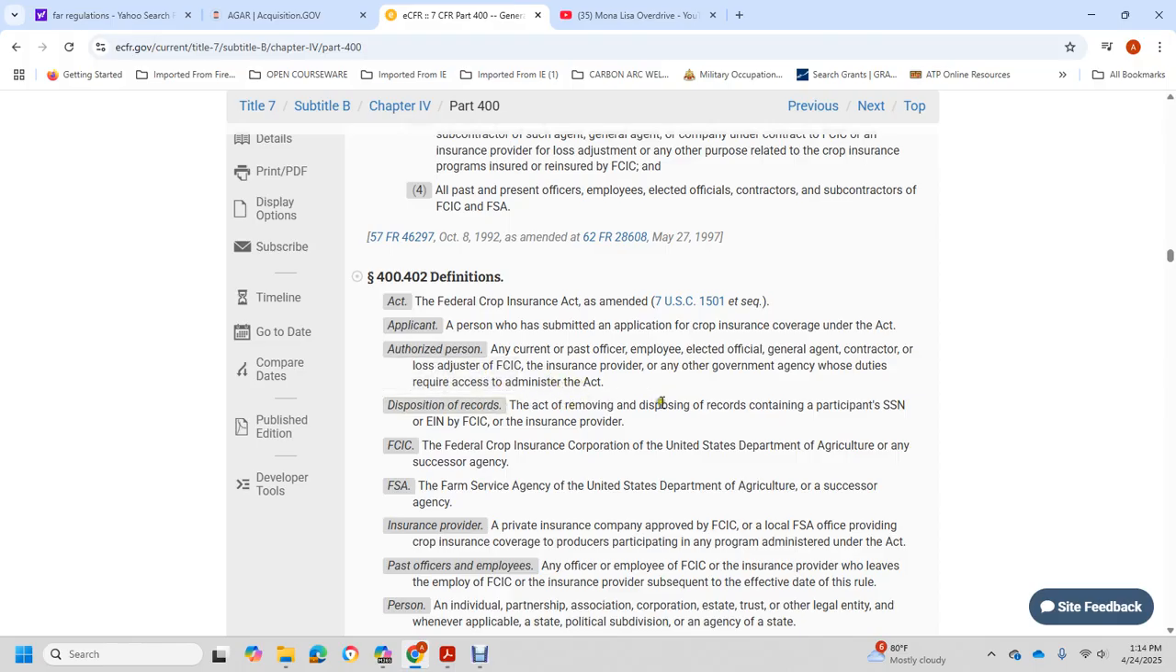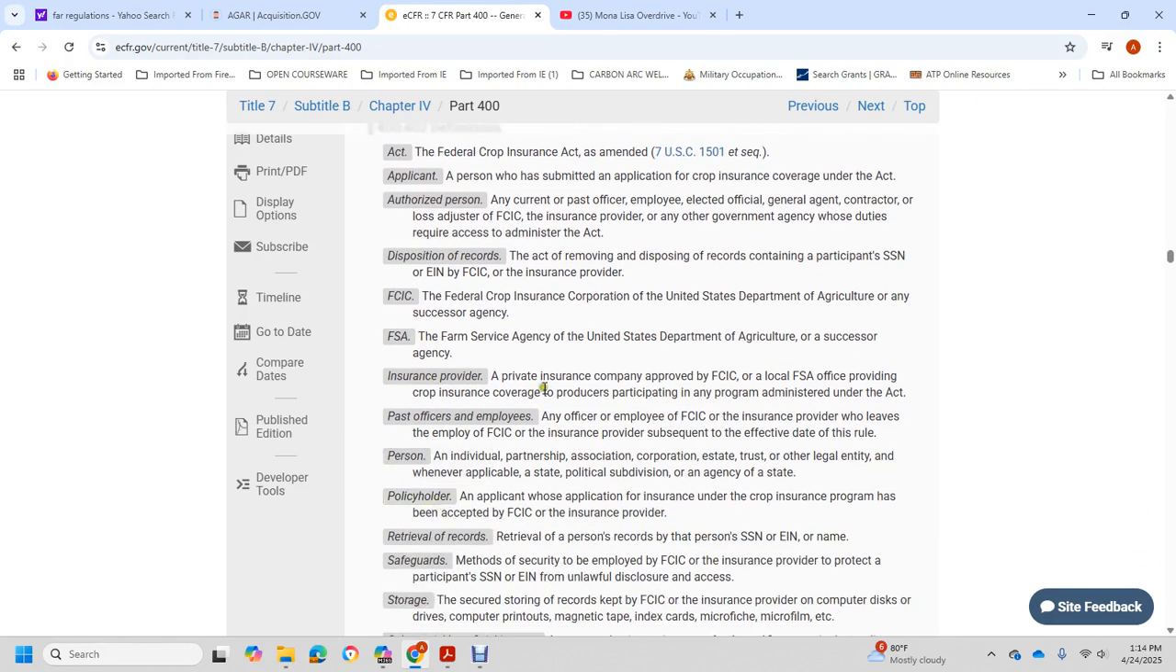Of distribution for the record with the act of the remove of the dispo with the records contained with the participant social security number and employee identification number of the federal crop insurance company corporation with the insurance provider with the federal FCIC with the federal crop insurance corporation United States Department of Agricultural Successor Agent, FCSA, Federal Service Agency of the United States Department of Agricultural Successor Insurance Provider, private